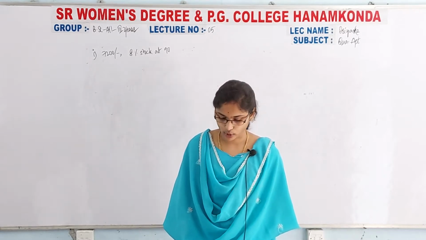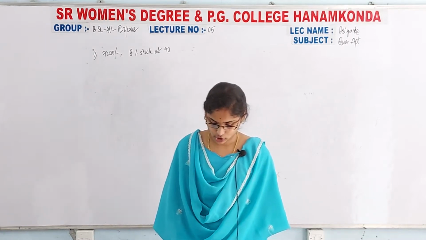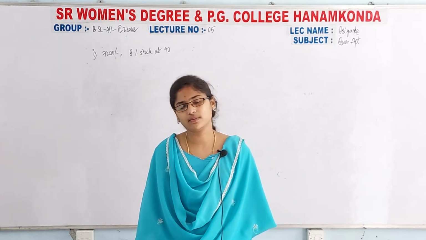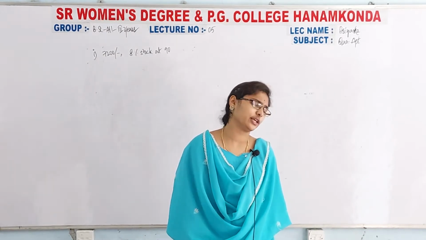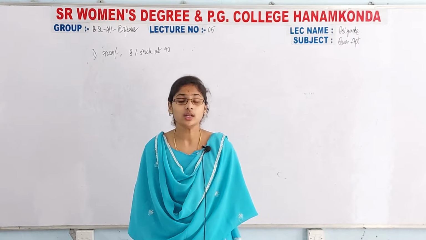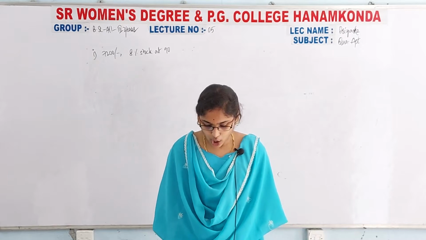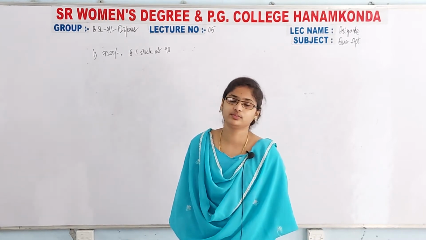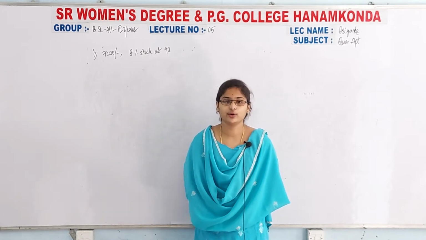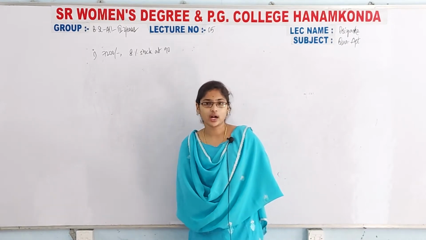Next, second problem. 4,500 rupees, 8.5% stock at 4 premium. So they are mentioning the percentage now, so I am simply taking it for 100 only. Mostly we will take it for 100, and if 100 is some amount, then we will calculate for the other. Now write down, cost of 100 stock is equal to, they mentioned 4 premium. Cost of 100 rupees stock equal to 100 plus 4. It is equal to 104.